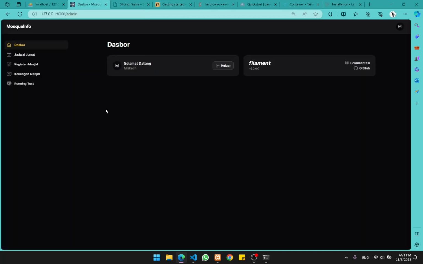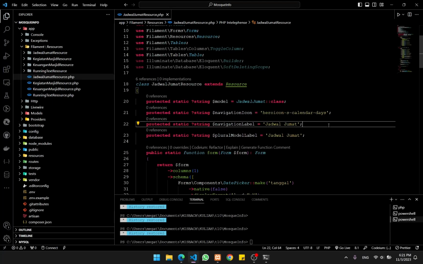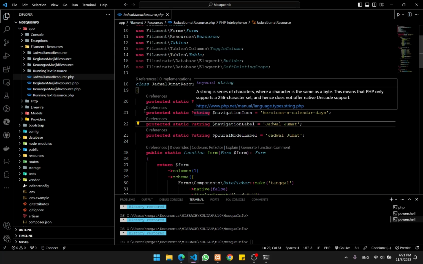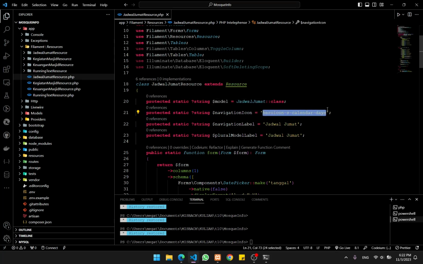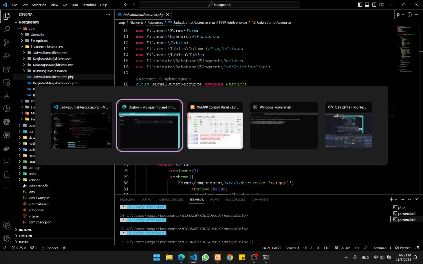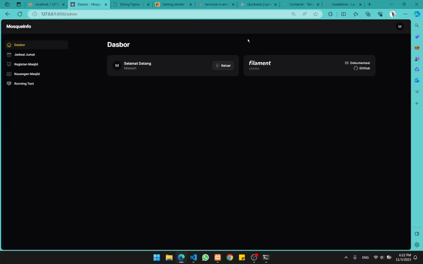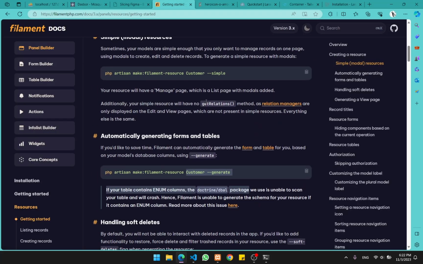If you notice, when you create the resource, there will also be a new page on the sidebar, but the icon is the same. To edit that, just go here on the resource and edit this one based on whatever you need. To get the icon,